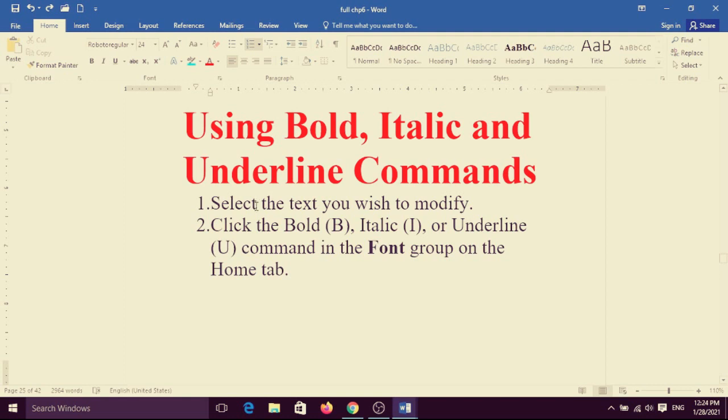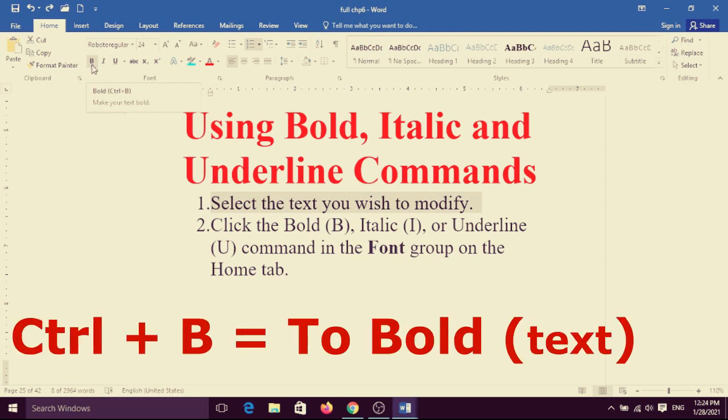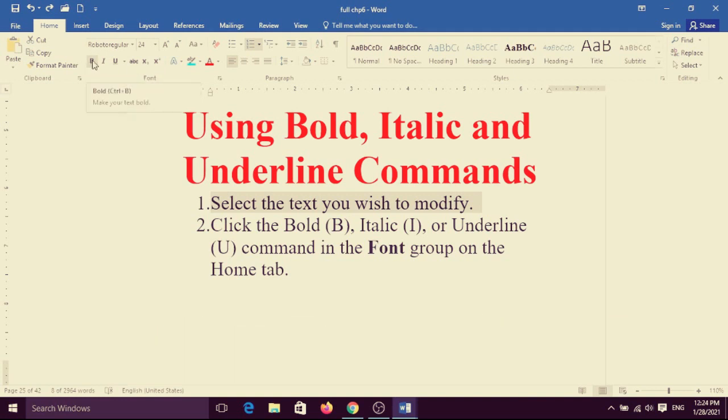Suppose I select this sentence. I have selected this one and then click on Bold, or you can also use a shortcut key. Click on B in the Font group, in the Home tab. Click on B for bold. Yes, you can see the selected text is now bold.